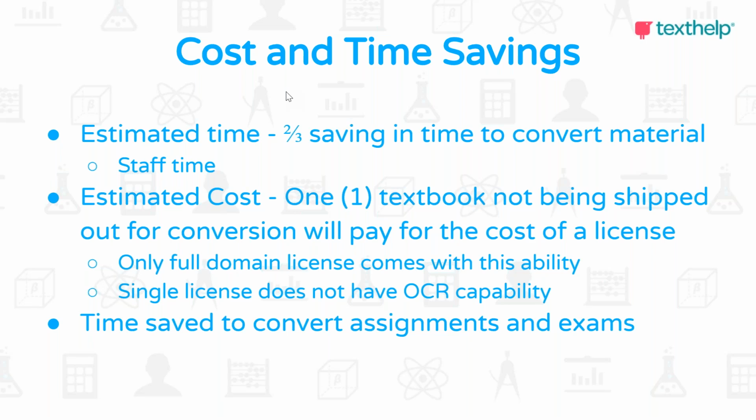Likewise, for an estimated cost, if you're shipping out a book, by purchasing a tool like this one to support you in your offices, the cost of one book that you're saving will pay for this tool if you decide to do things in-house. So if you're looking for a better, faster way to do this because you're doing this in-house manually, this tool can save you. But also, if you're doing conversion in-house for assignments or exams for students, you need a different way for proctors and writers, scribes. You need a substitution for that or a different way of having that accommodation be the case. This is a great way to do it.